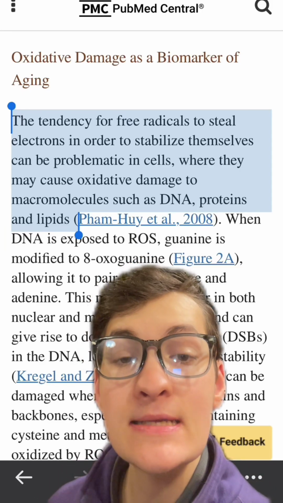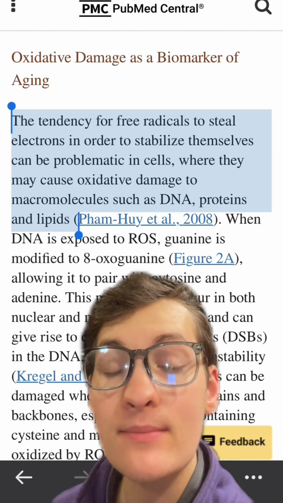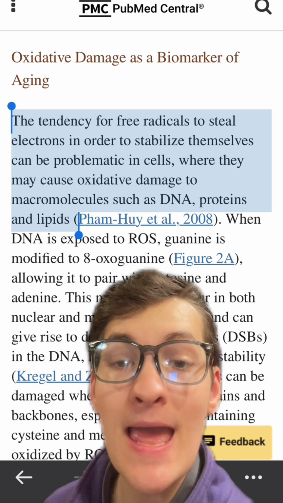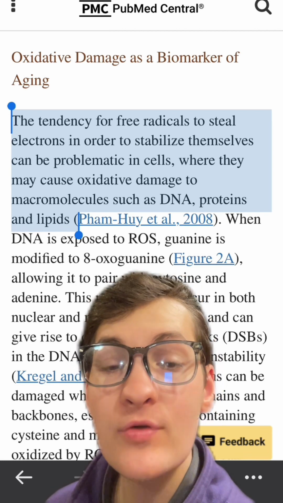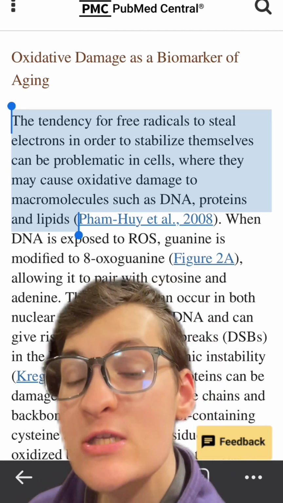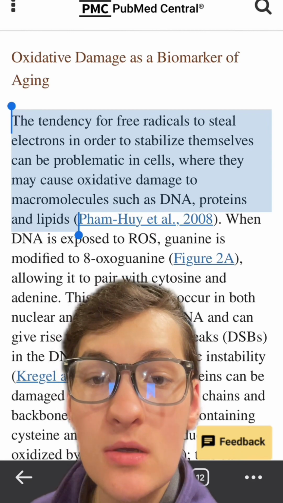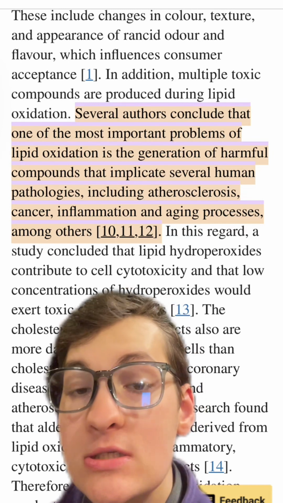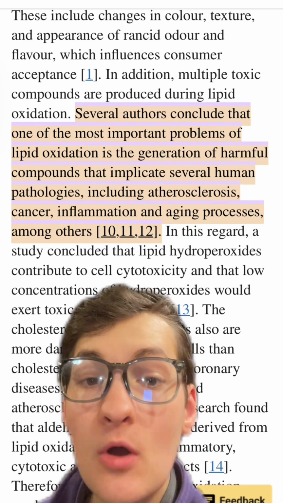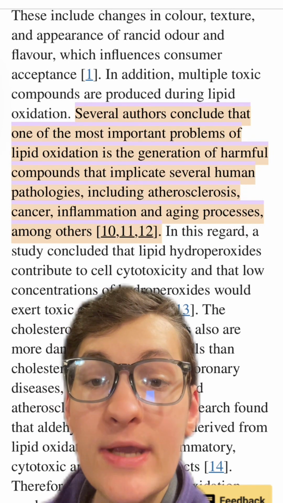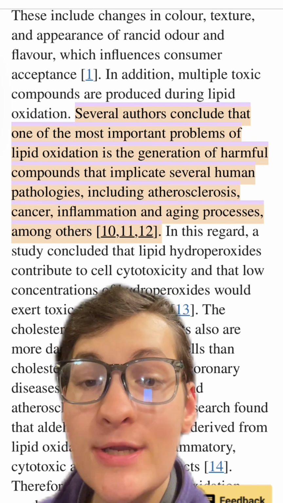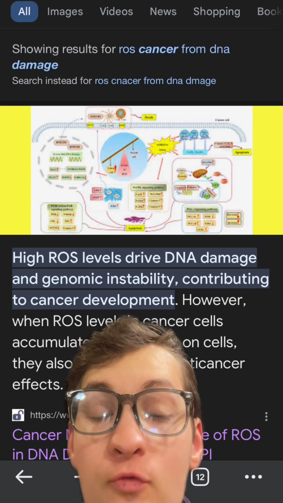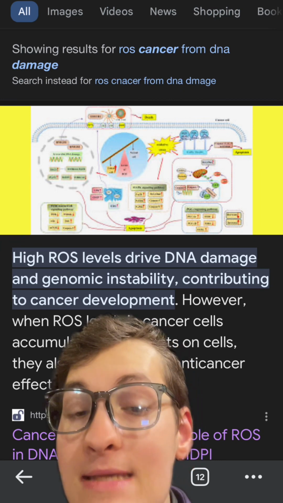However, this tendency is problematic, as this can cause damage to other macromolecules inside of our body, including proteins, lipids, and DNA, which make up every single cell inside of our body. These molecules are considered oxidized. Oxidized proteins are unable to properly function. Oxidized lipids, meaning fats, are implicated in several diseases, including atherosclerosis, cancer, inflammation, and aging. And oxidized DNA is one of the main driving factors for the development of cancer, as this increases our risk